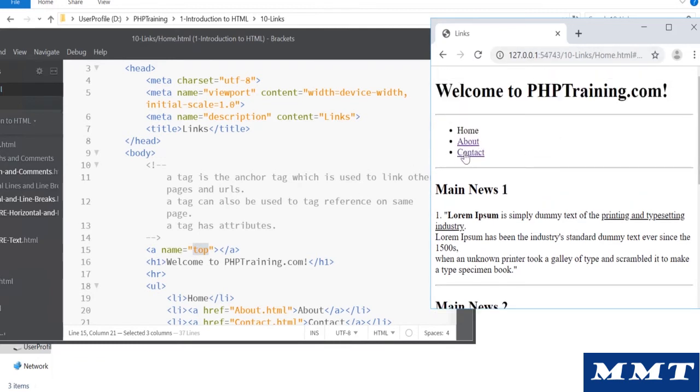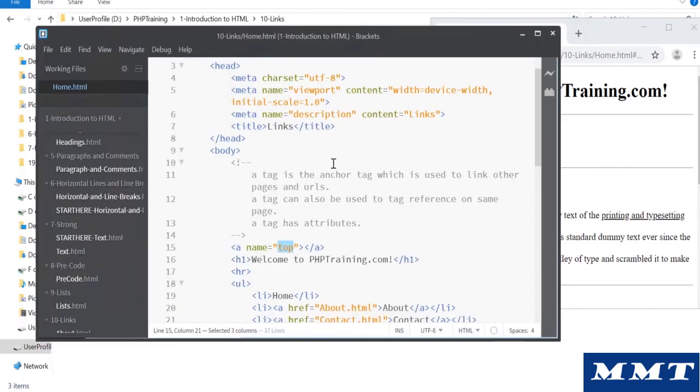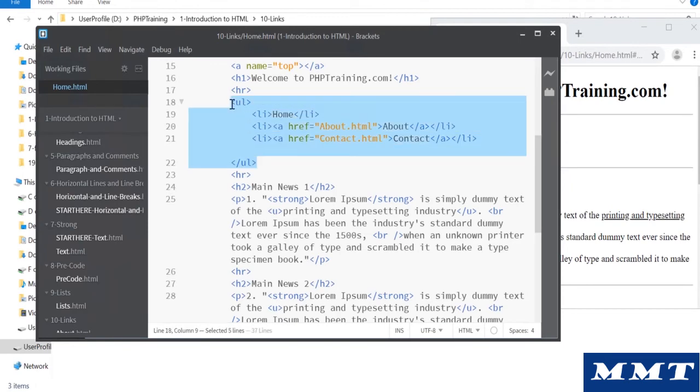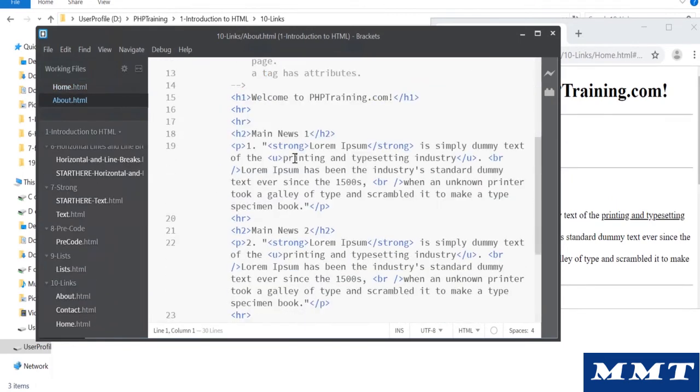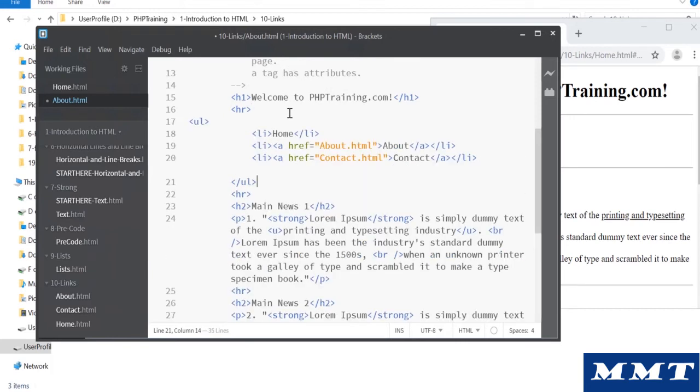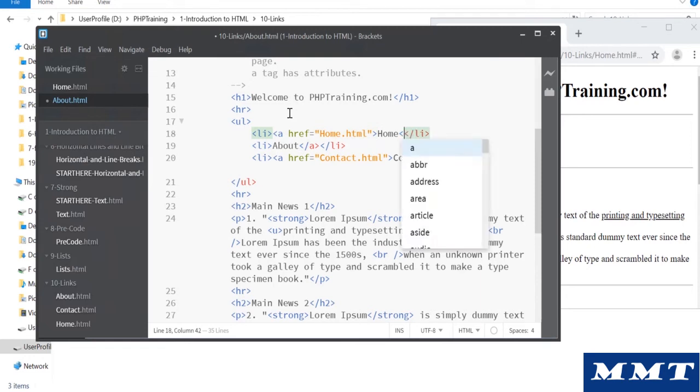So let's close off the about and contact page. You just have to copy these links, go to the about page. Okay, in the about page you don't want to have a link for about, just to mention that when you are in the about page you want to have links for home and contact, so you know you are in the about page, right?